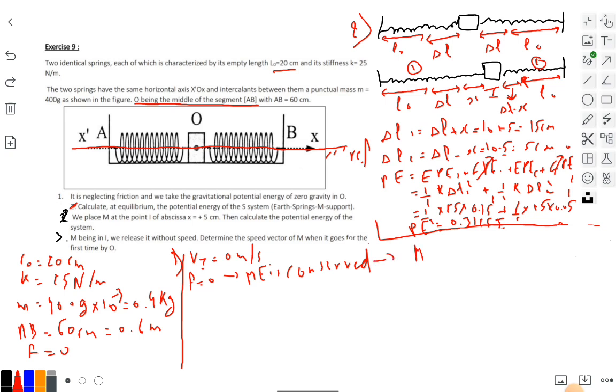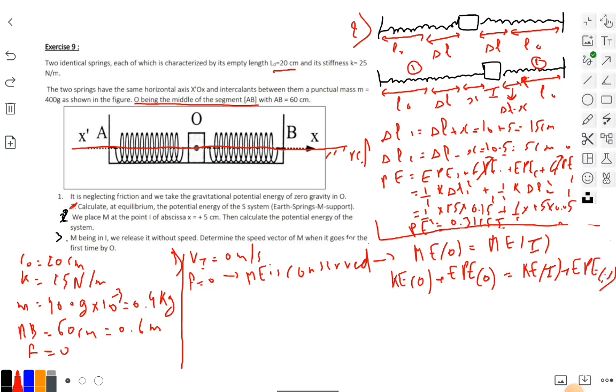Then the mechanical energy at O is equal to the mechanical energy at I. The mechanical energy at O is equal to kinetic energy at O plus EPE at O, which equals kinetic energy at I plus EPE at I. Kinetic energy at O equals half m VO squared plus EPE at O, which we calculated in part 1 as 0.25, equals kinetic energy at I, which is 0 since it is without speed, plus EPE at I, which we calculated in part